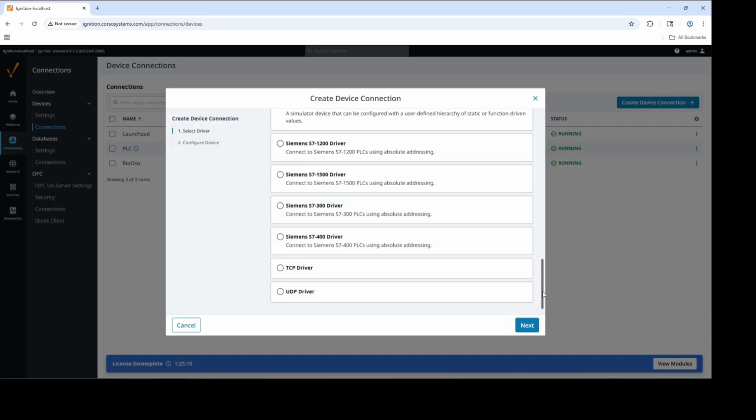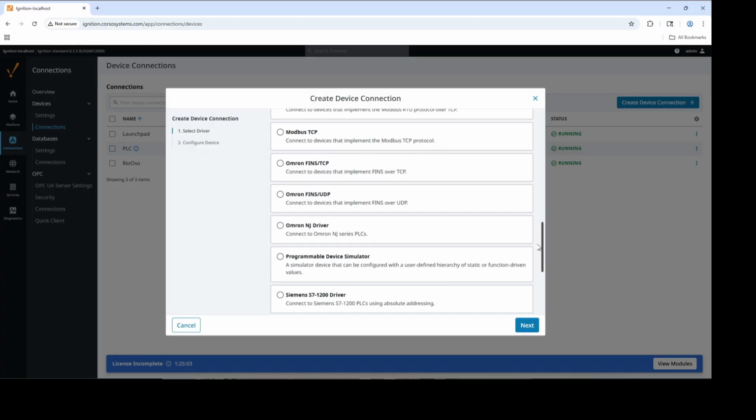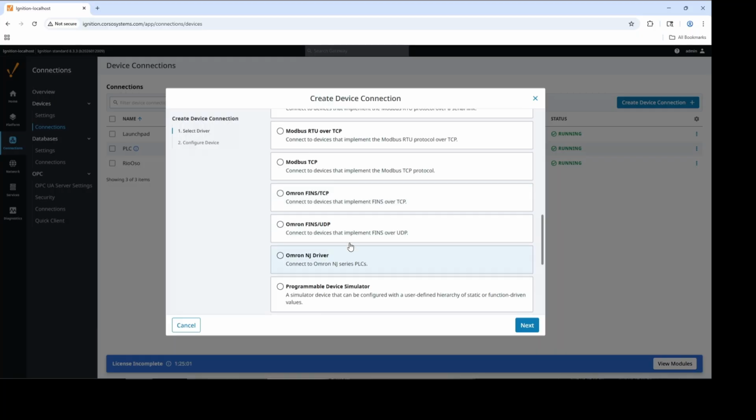And we can also install a module in 8.3 to communicate with symbolic addressing if we want. And then we could communicate with TCP or UDP if we had a device that had a network connection using those. There's also Omron PLCs,